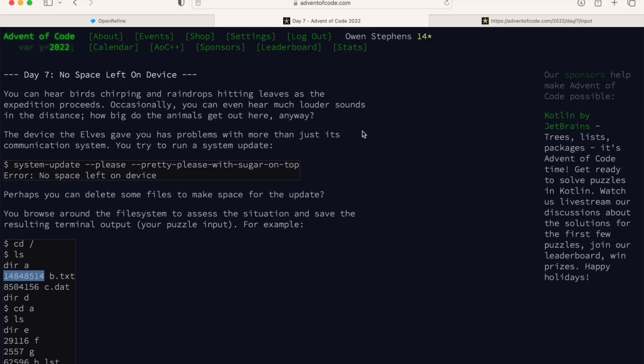Okay, welcome to Advent of Code with OpenRefine Day 7. I'm getting a bit behind here. It's actually the 12th of December, but this is Day 7 of the Advent of Code. And the